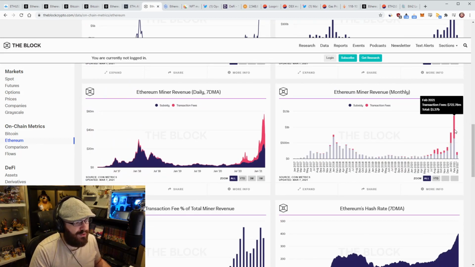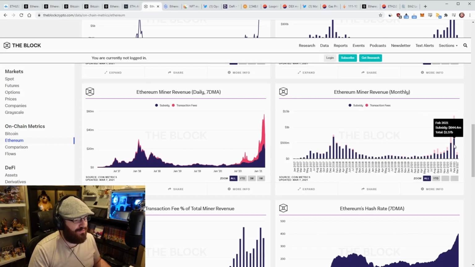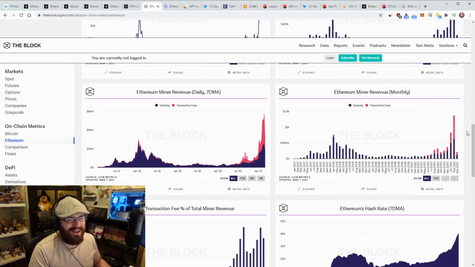Obviously, miner revenue was huge in February, as you can see here on this chart. They made a crap ton from fees. I think they made more in fees than they did from the block reward, from what it looks like. Yeah, they did. They made $644 million from the block reward and $722 million from the fees. Absolutely insane. And you can see why miners don't want EIP 1559 to come in, which is funny because,